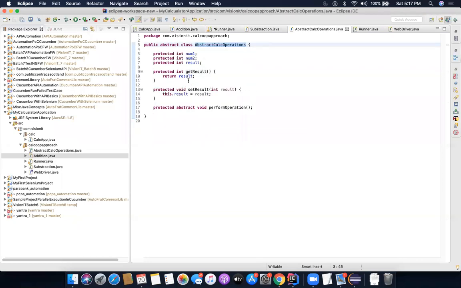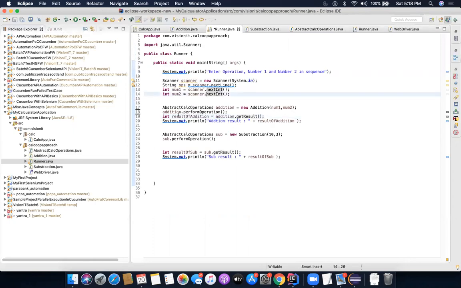So I'm actually reusing this get result here. I don't really need the set also because this is not being set from outside, so no method is required there. So this is get result. It will return the result, and that result I will get here and just use it to print it.